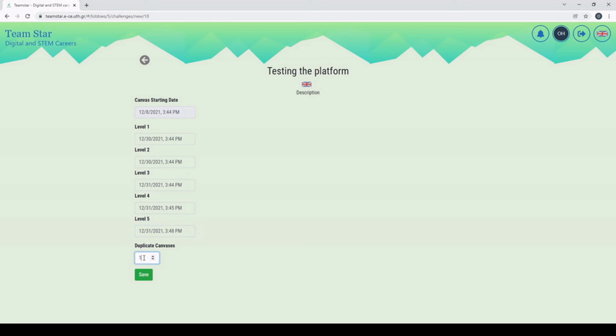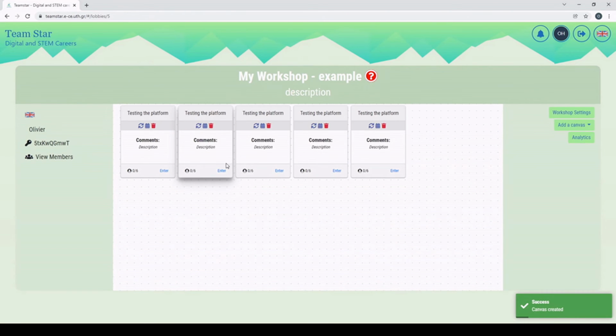If I want to have several teams working on the same canvas, I can duplicate my canvases here. So if I have 5 teams which are going to work on the same canvas, I can just enter 5 here and then save. The platform has now created 5 identical canvases for me.